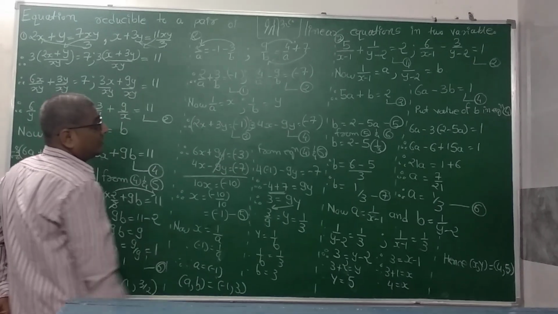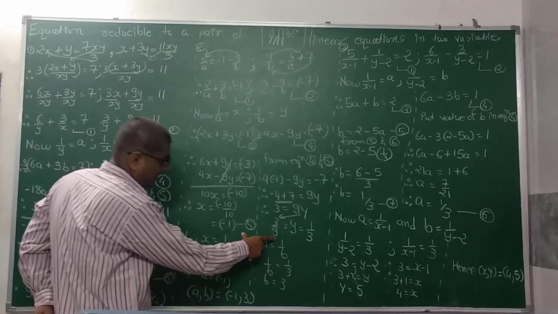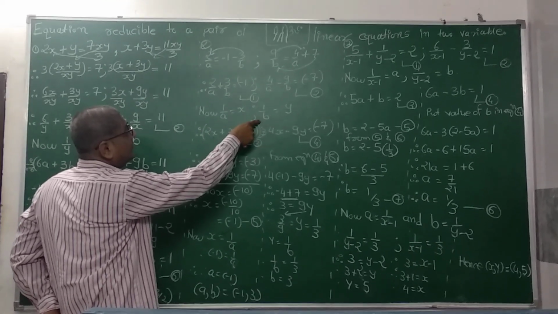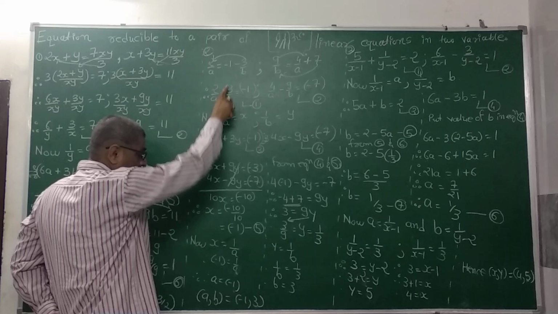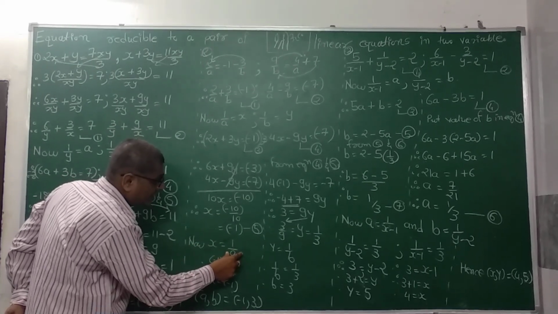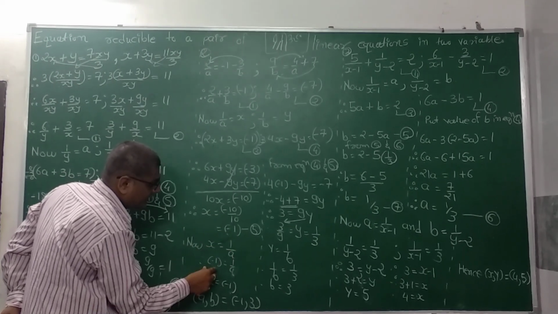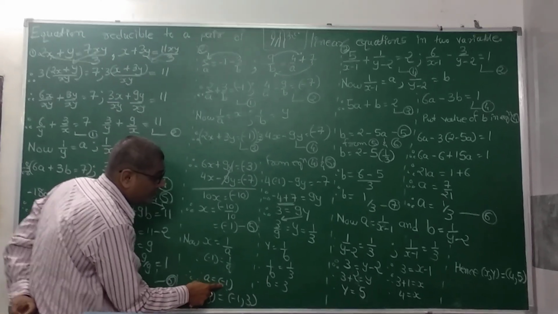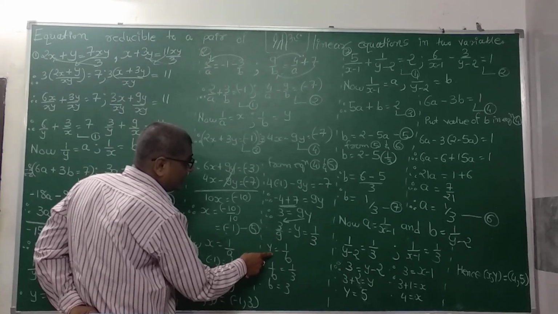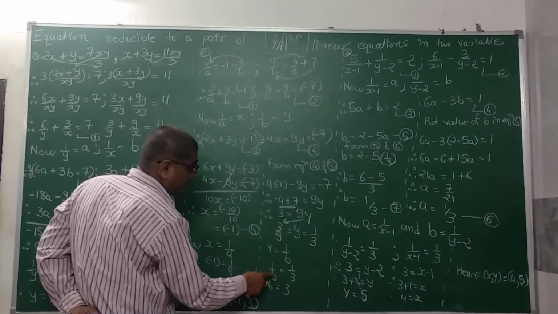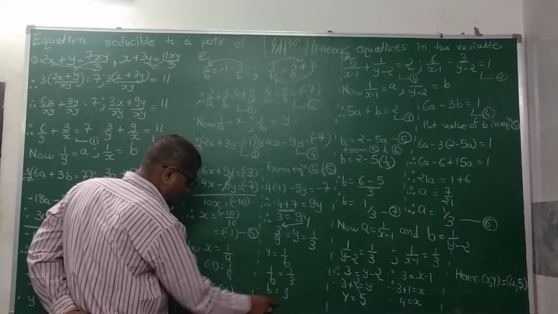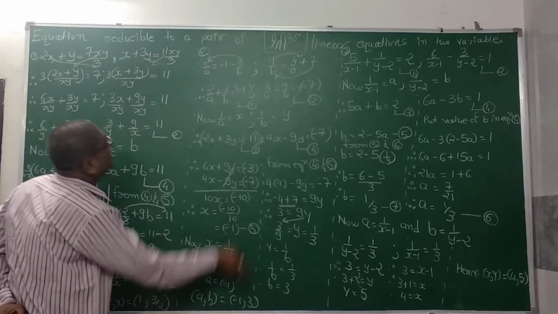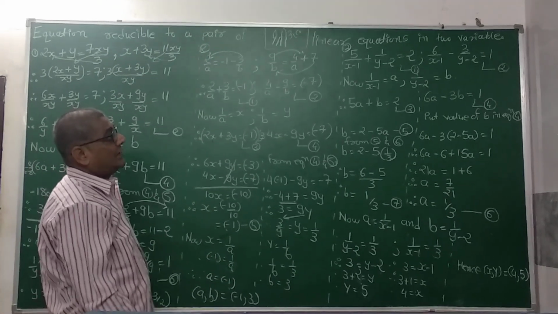Now recall our supposition, don't leave the sum from here. We substitute the value of the supposition and we have to find out the original value. So instead of x we assumed 1 upon a, and the value of x is minus 1. So 1 upon a, at the end of simplification we get that a is equal to minus 1. Same thing for y is equal to 1 upon b, so 1 upon b is equal to 1 upon 3, b is equal to 3. So the values are a is equal to minus 1 and b is equal to 3, you put them here, you get the same value.